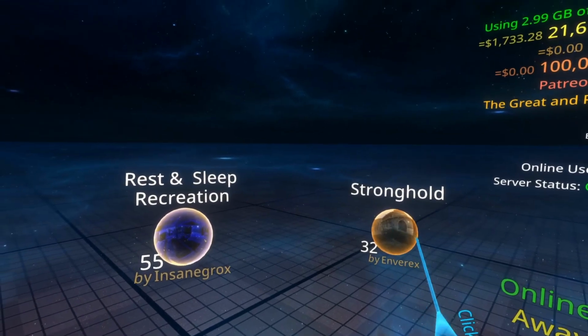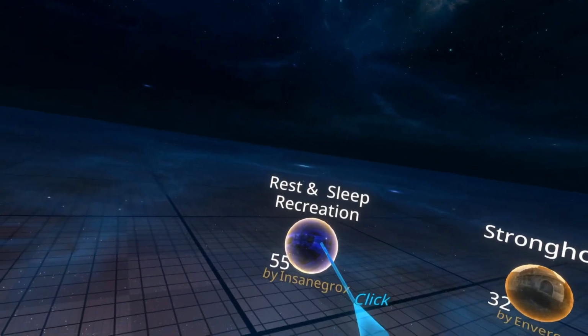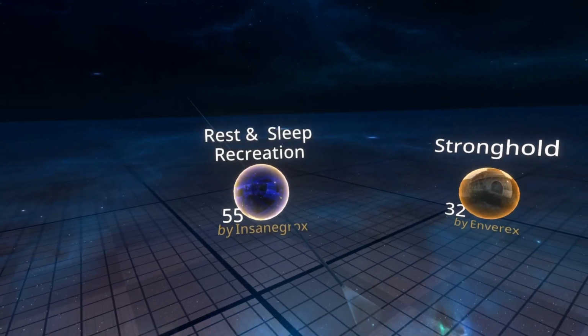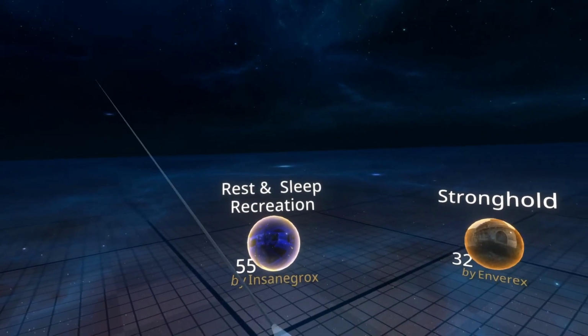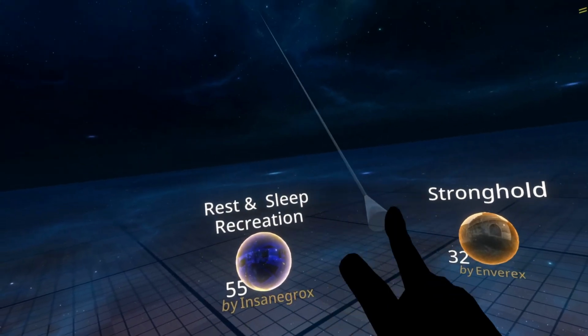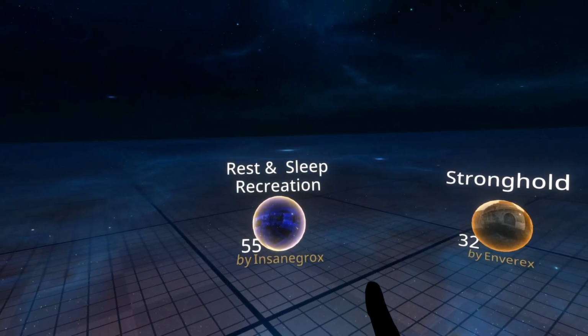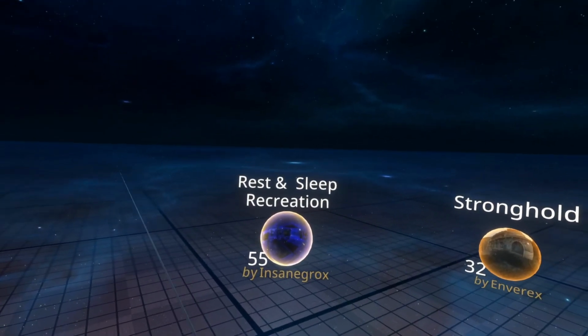This one isn't that color, or wasn't that color when I spawned it, because I had visited Stronghold before, but I haven't visited this world. If I open this world, this will never be yellow again because I have visited it. Additionally, if a Zangrox updates that world, it may in some cases go back to the bright yellow color, indicating